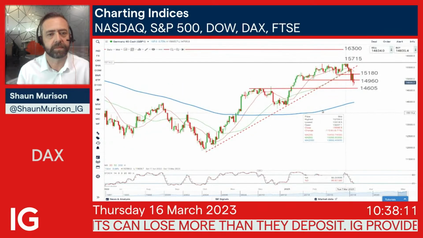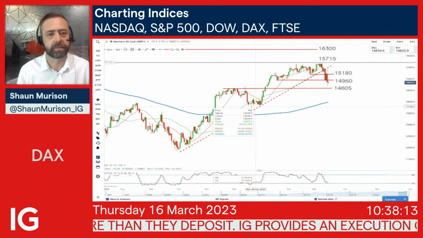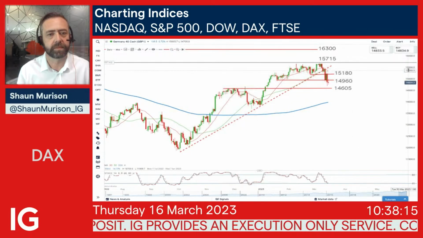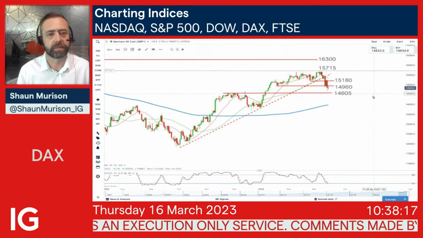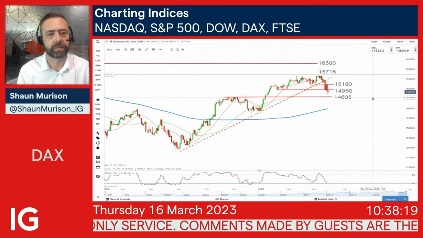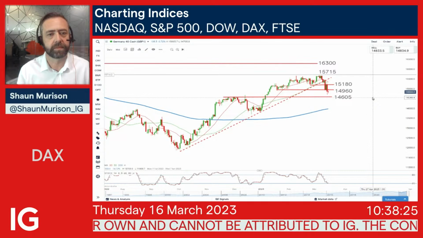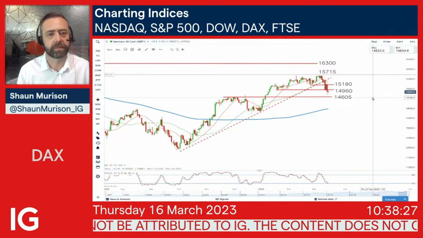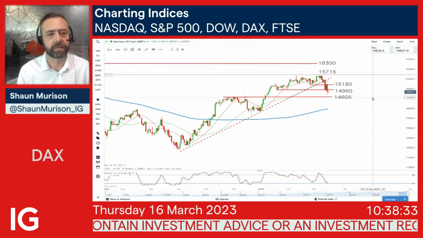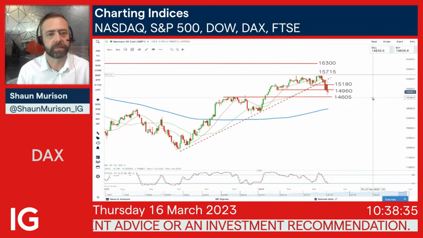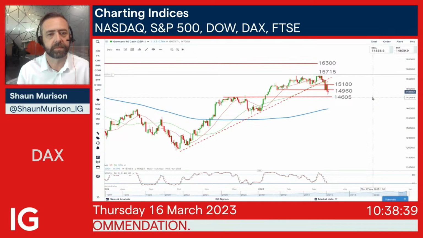The DAX 40, we have seen a trend line break, and we did reach our initial target there of 15,715, really just a touch of that. But since then, we've had a pullback, we've had a break of trend line support, and we have been ticking lower. Now, our preference, we still think that longer term trend is up, and we are waiting for a bullish reversal for long entry. Now that we've broken this 14,960 mark, we are looking for that reversal closer towards that